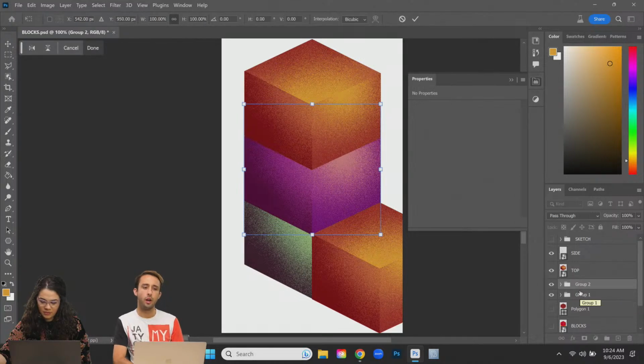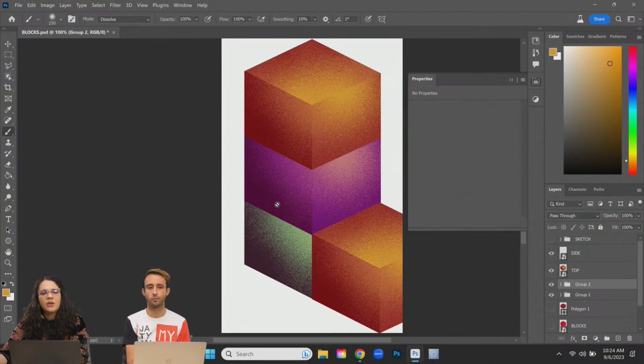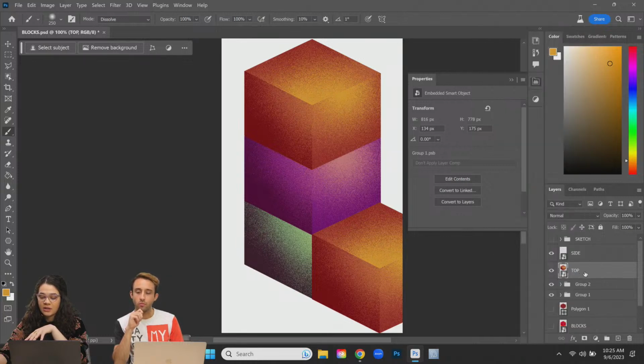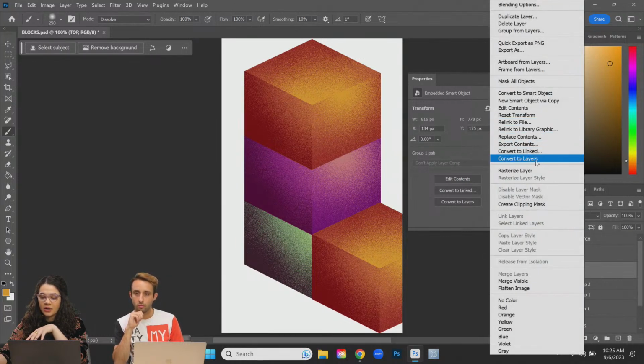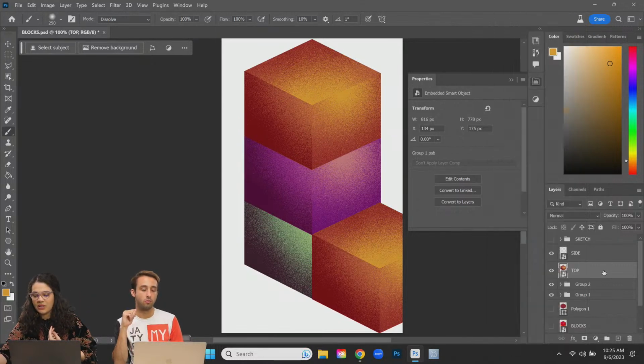We've got a question too. Carol says, Val, do you know about create layer for a layer style? I'm not sure what they're asking. Create layer for a layer style, as in, if you were to go in and create a new adjustment layer, is that what they mean? The only time I've used create layers or convert to layers is when, like this is a smart object, so I can right click and convert to layers and it'll convert it back. That might be a feature that I just don't use often in my own workflow,